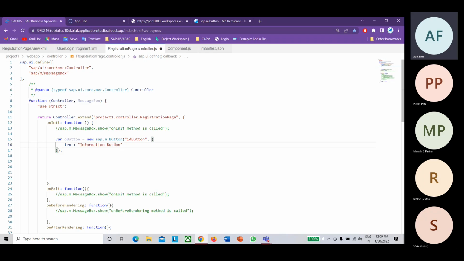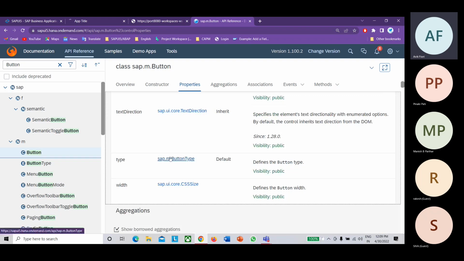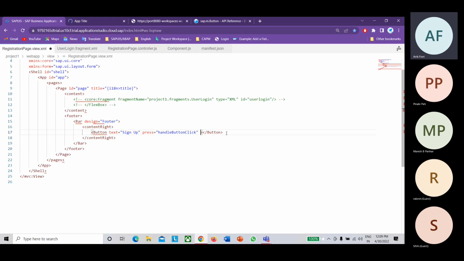Let's say I want to add one more property. Give a comma, and then add the type. Let's say I want to add a type to the button. So, type colon. In XML, you can directly add the type like this: type equal to accept or type reject, something like that.